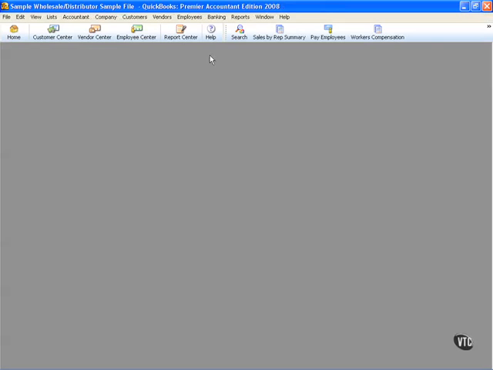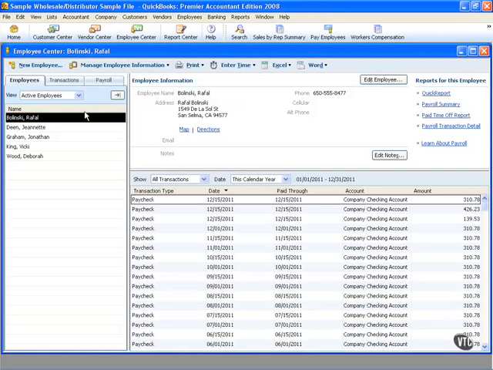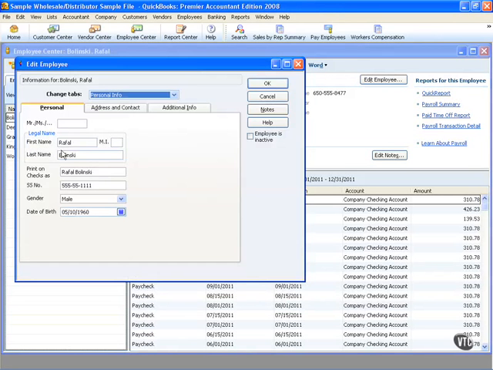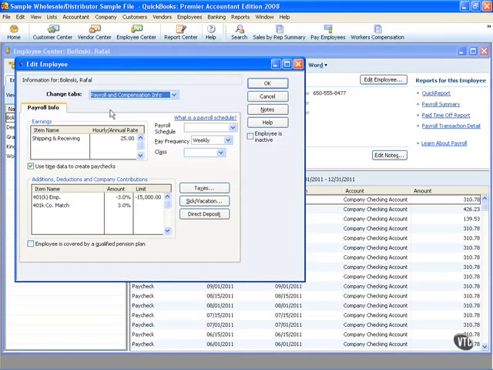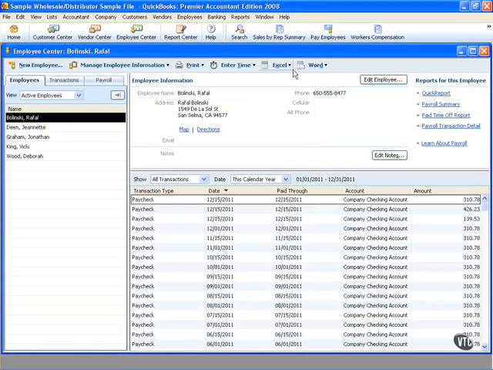Now let's close out. Let's go into our Employee Center, and let's go to our employee account. When I edit Rafa, I'm going to choose to go directly to Payroll and Compensation. You will notice on the bottom of the screen I've set up the employee match, which is a negative deduction. This is the amount that is going to come out of the employee's paycheck. And I've set up the company match, which is the amount that the company is going to add to the salary. With those steps done,